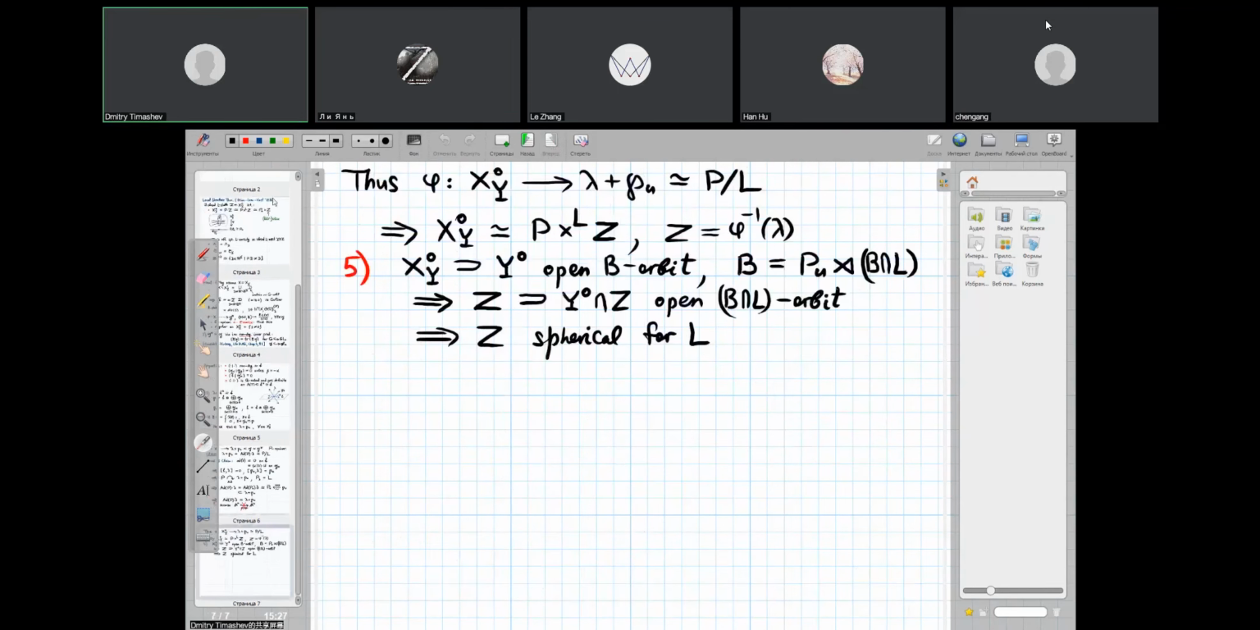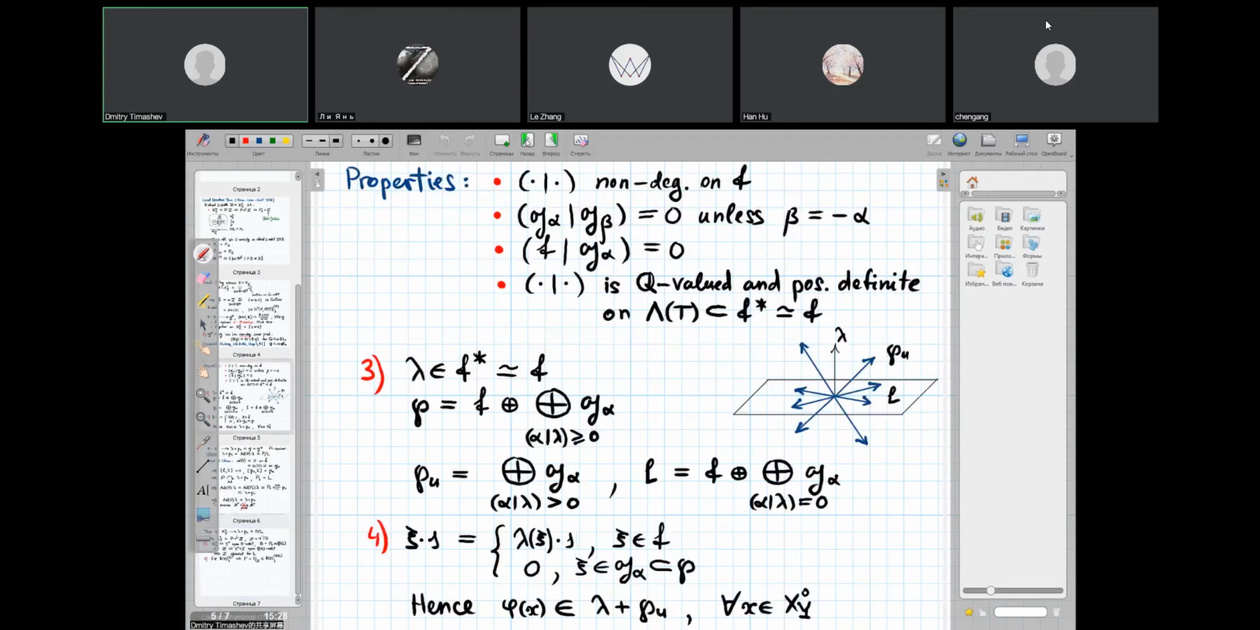So for any B semi-invariant function, so maybe again, let me put it as the sixth step, just to put some structure in the proof. For any B semi-invariant rational function, say f on X, of some eigenweight lambda, its restriction, say f prime, let it be the restriction of f to Z, will be also